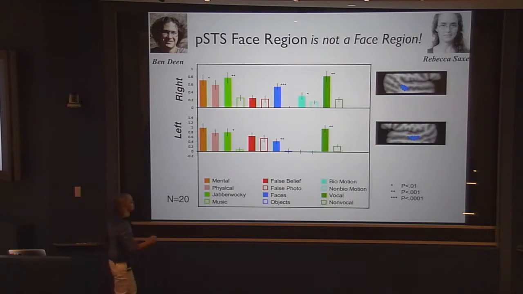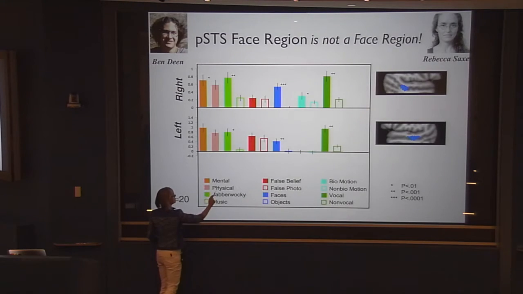And you can see also over here, these conditions are all auditory conditions. So this is listening to sentences. This is another theory of mind contrast. But it's also voices, and that same region produces a strong response to all of the conditions that have voices in them, whether it's speech or non-speech vocalizations. So that's interesting and scandalous.